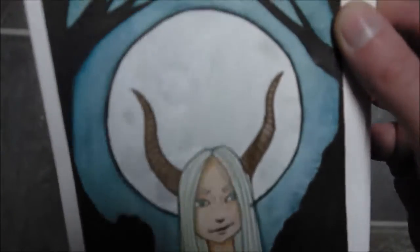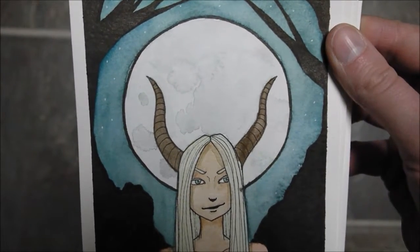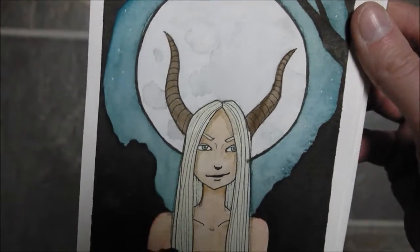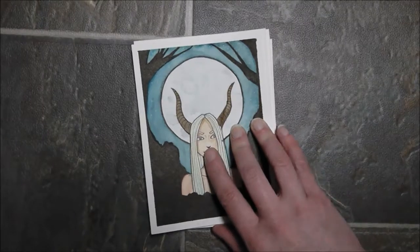I like the way the colors turned out. I like the stars, which you can kind of see a little bit. I like the look on his face. I think he's very beautiful, personally. My personal preference right there. Anyway,